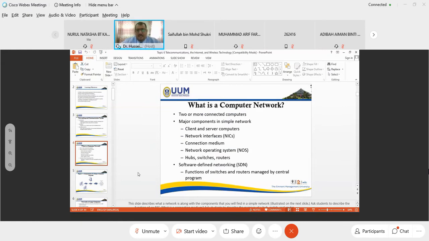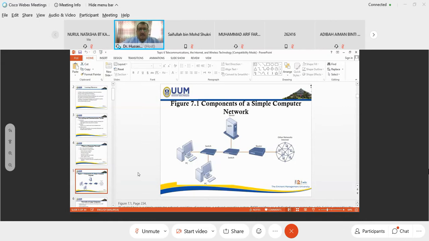What is it? SDN. SDN is where switches and routers can be managed by programs. We call that software defined networking. That makes it easy to manage the network. Because when you manage a network, you have to think about security, about what system manages the network. Otherwise, you will be hacked easily.